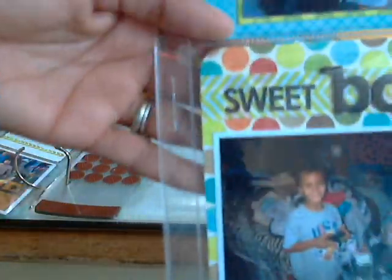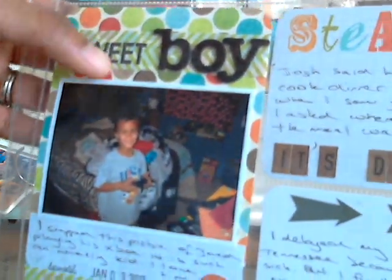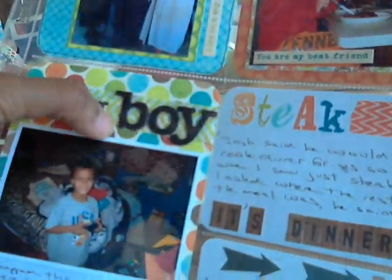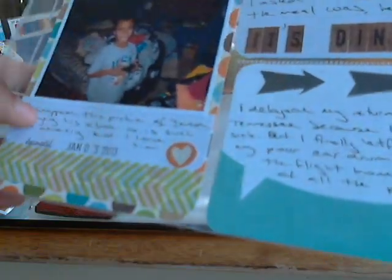And here is Jared playing Xbox in his bedroom, and I just said "sweet boy." And "sweet" is using, I'm not sure, I think they might be basic gray letters, but those are Thickers, black Thickers. And then there he is. And I used some washi at the top and the bottom, that green washi, and a little Studio Calico heart, and